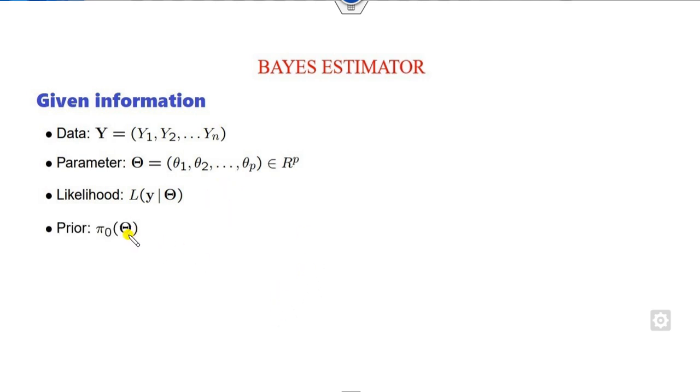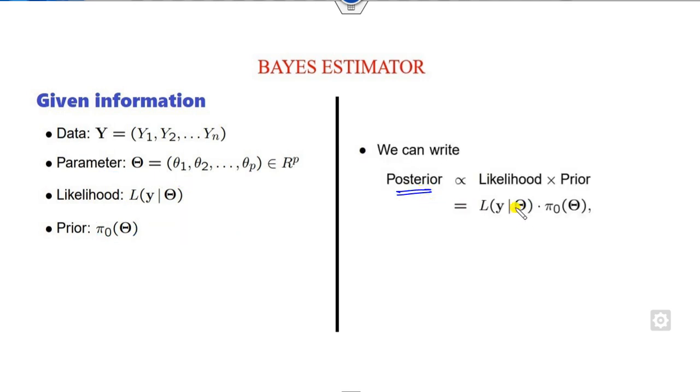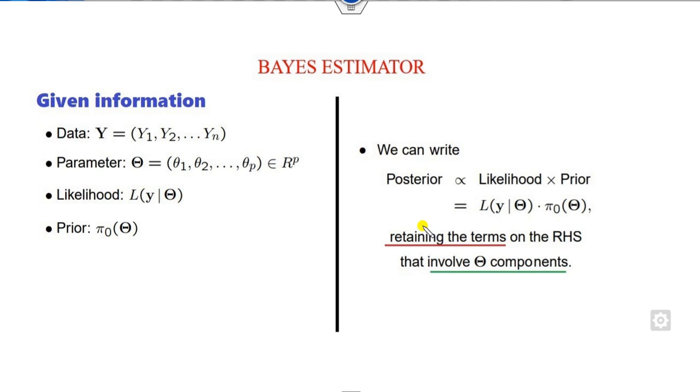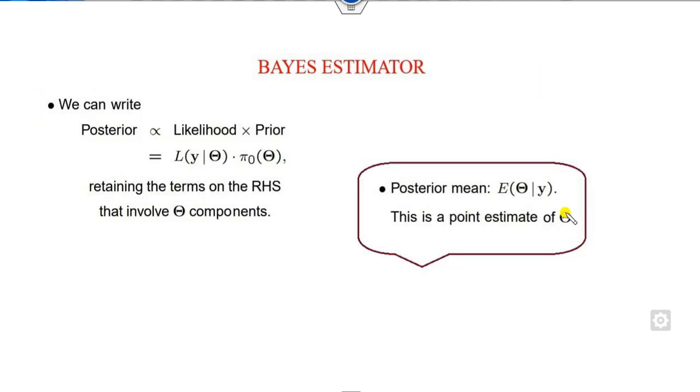There is one more term called the prior information, because theta is my unknown parameter. So what is the prior information? What distribution have they written? Once you find all this given information, you can start the Bayes Estimator with a very simple trick. You simply multiply the likelihood and the prior probability and call it the posterior probability. Remember, when you multiply these two expressions, you only consider the terms which involve the parameter theta. Like if my term is 1 over 2 pi, this is a constant and does not involve the parameter theta, so there is no need to consider it, and your calculation will be much less. Once you define the posterior probability,